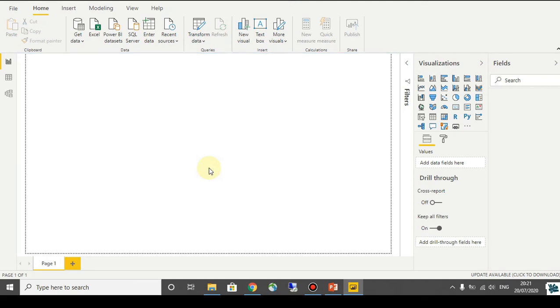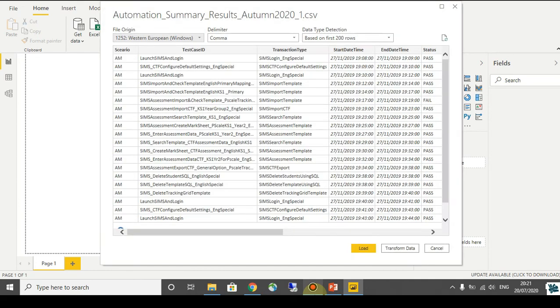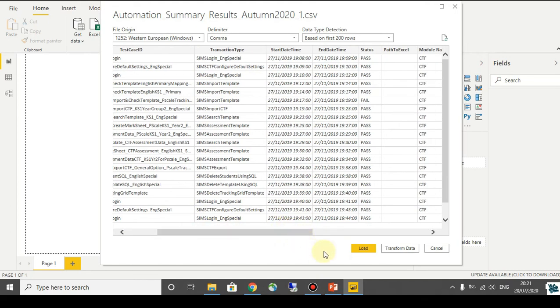After selecting Open, the Power BI tool will import that single file, and one pop-up will appear for selection whether we want to load that file directly or we want to transform the data.